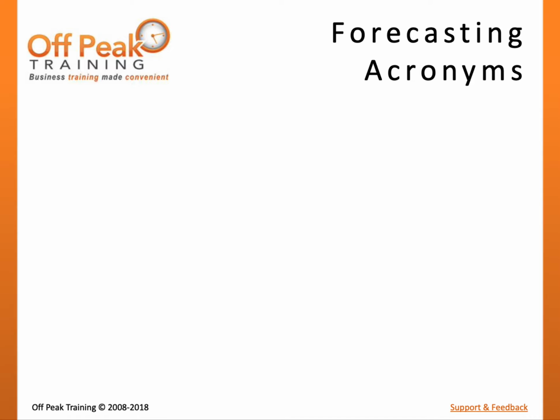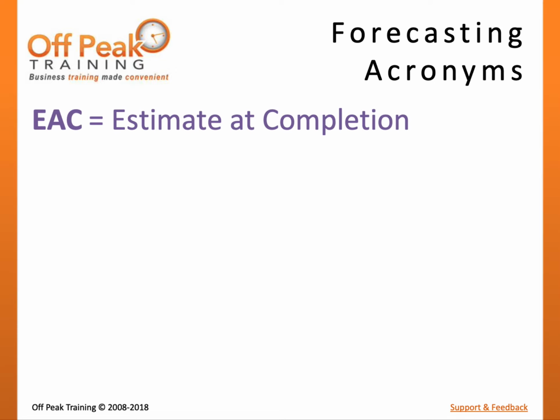There are four major types of work performance information that we may want to calculate using forecasting. EAC stands for Estimate at Completion, representing how much we think the project will cost when all of the work is completed. In theory, we hope for this number to be at or close to the budget or BAC. However, as variances inevitably become present in project work, the estimate at completion may be greater or smaller than the BAC, representing over or under budget.